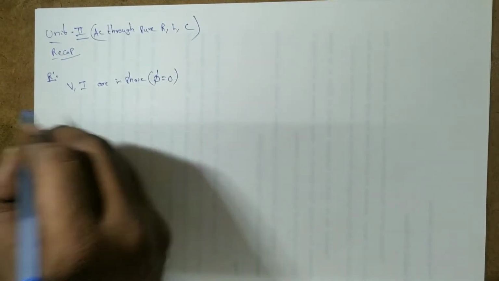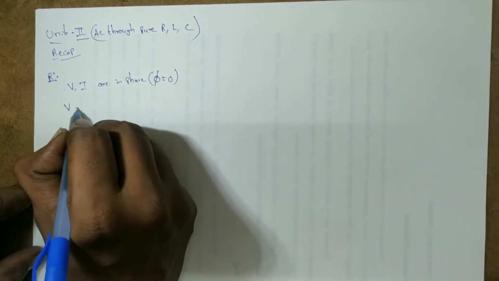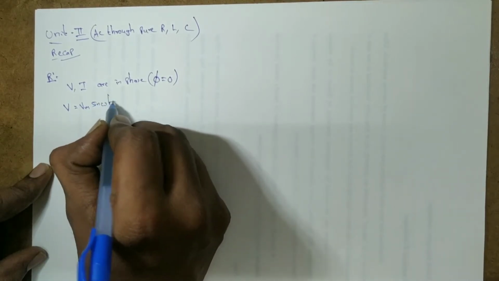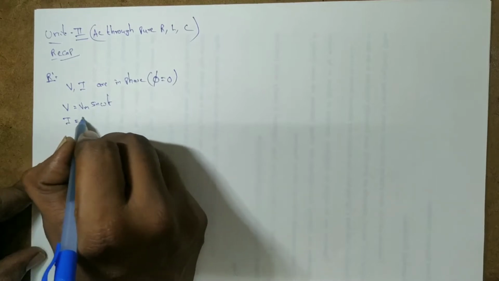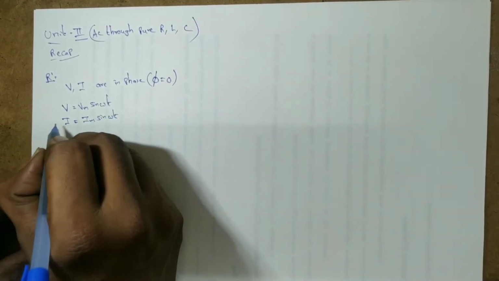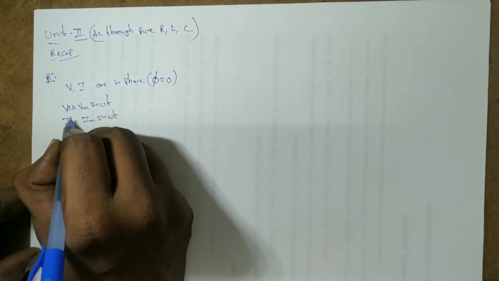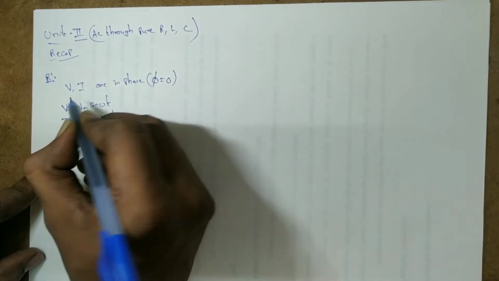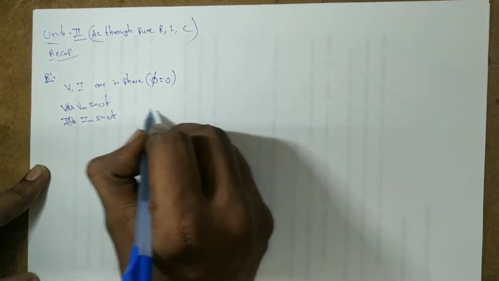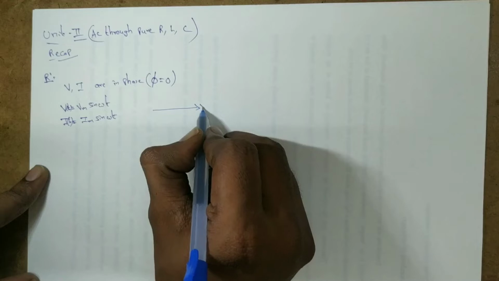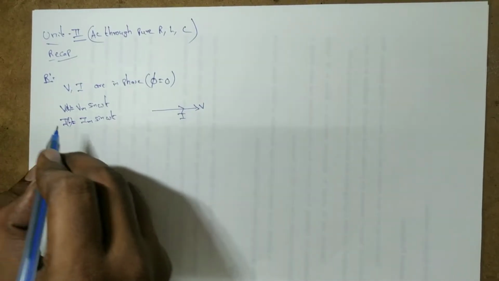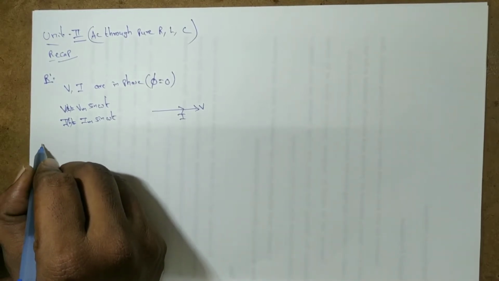First, let us consider the voltage equation as V equals Vm sin omega t. It is also known as the instantaneous value, and I will be equal to Im sin omega t, because the phase angle is 0. Actually, the instantaneous values are represented by V of t and I of t, both in the same equation. In resistance, let us consider the vector diagram with V as the reference, and the current will be in phase because the phase angle is 0.